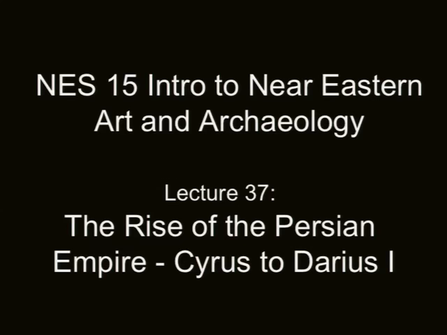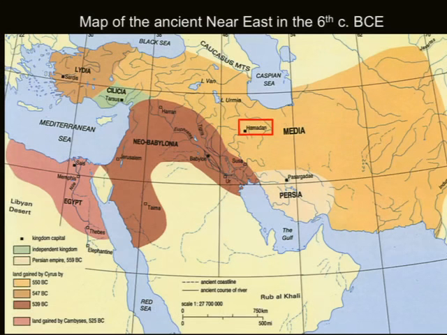So, picking up with the Neo-Babylonian Empire, we looked at Nabopolassar, we looked at Nebuchadnezzar II, and we talked about how Nabopolassar allied with a group of people known as the Medes in order to sack Nineveh in 612 BCE and bring an end to the Neo-Assyrian Empire. And we talked about how there were very good reasons for the Babylonians, of course, to be very anti-Assyrian, right? It was the Assyrians who ended up actually sacking Babylon and carting off the gods from the temple.